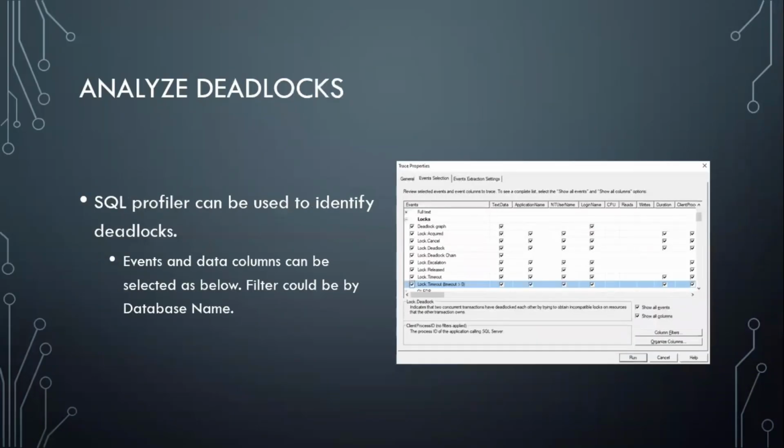Then one major problem which comes across is deadlocks. A deadlock is something where our SQL Server provides certain resources to every process. Now when multiple processes ask for certain resources and every process is dependent on every other process, like, for